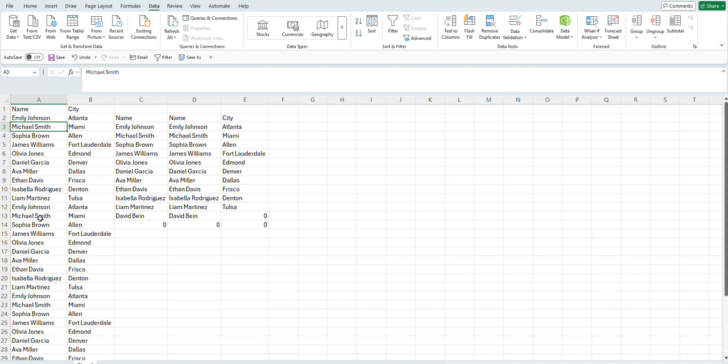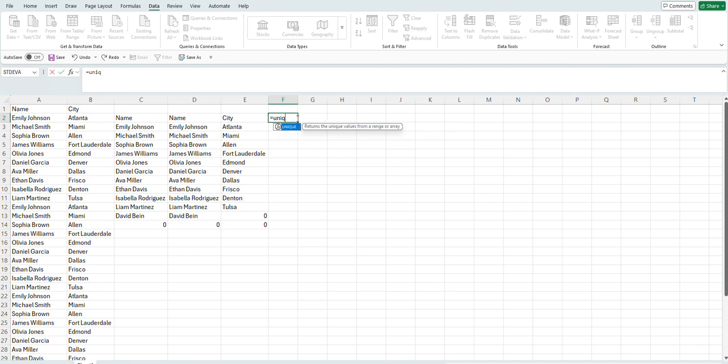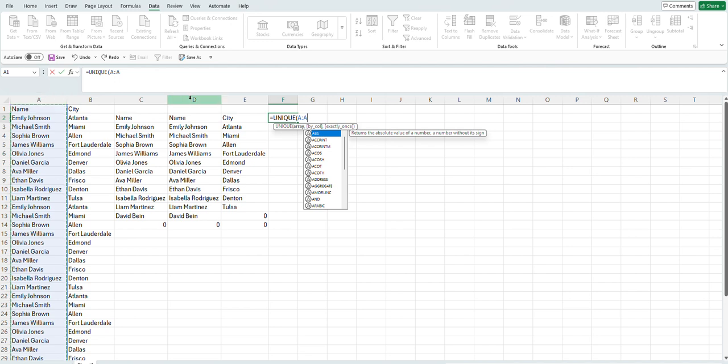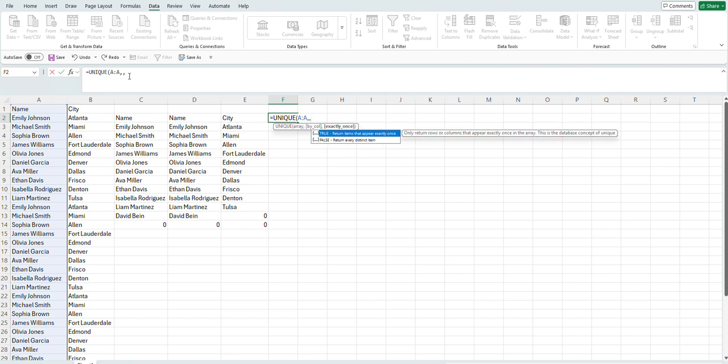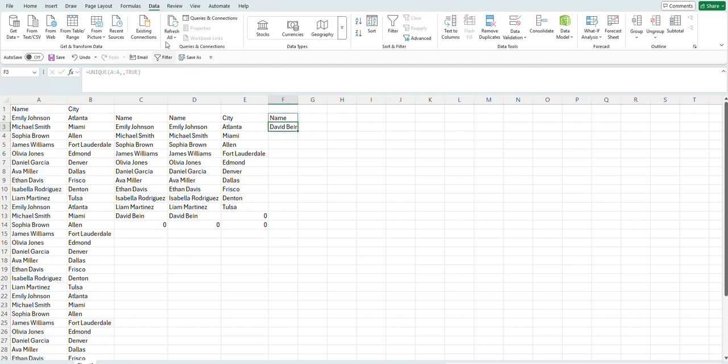But what if you only had a one-time appearance of a particular value? So what you would do is use the same unique formula. First, I'm going to have it when it doesn't have any single value only. You'll see in a minute. So first of all, I will do the same range here, but now you add a comma, and then you're saying the value should be true, right? When you do this, right now you will see